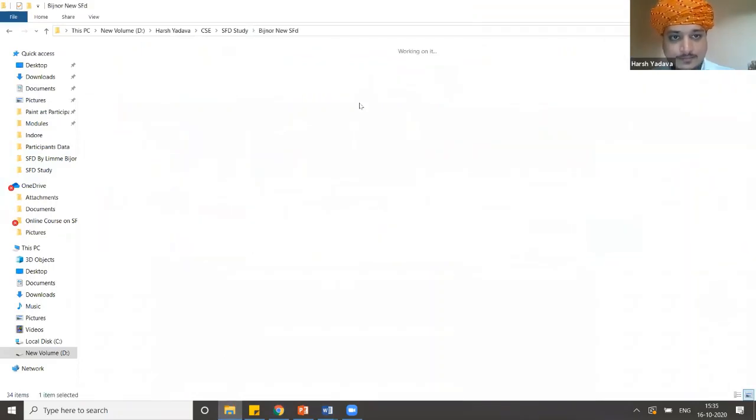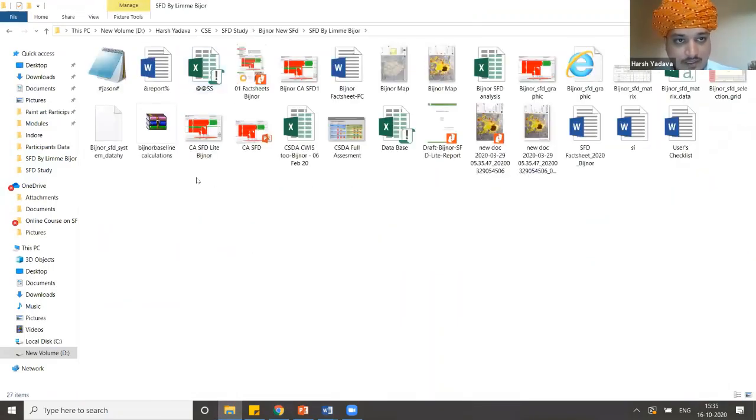For example, you can see how I have named my JSON file, my SFD report, my source evaluation. This is the format for uploading the reports. It must have this alphanumeric format.